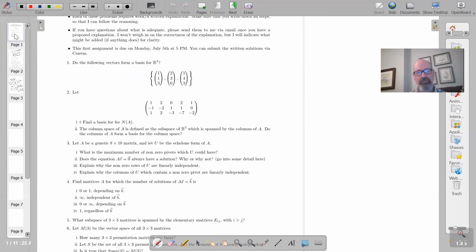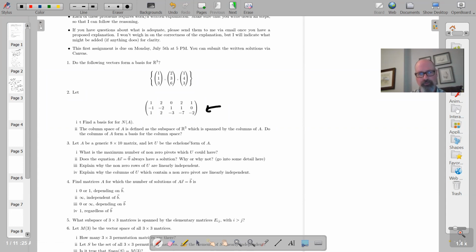Other general comments. I don't really want to talk about 2 that much. Again, I think people have a pretty good understanding of how to at least formally compute a null space. I'd like to make some general comments about this matrix. If you look at it, it's 3x5. The maximum rank for this matrix, the maximum number of columns that have non-zero pivots, is 3. So in this particular problem, you're expecting that any basis for the null space will contain at least 2 elements, maybe more, depending on how the matrix reduces.